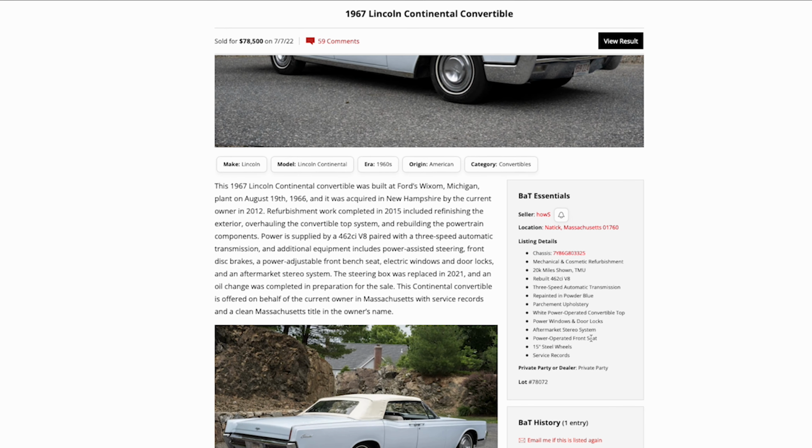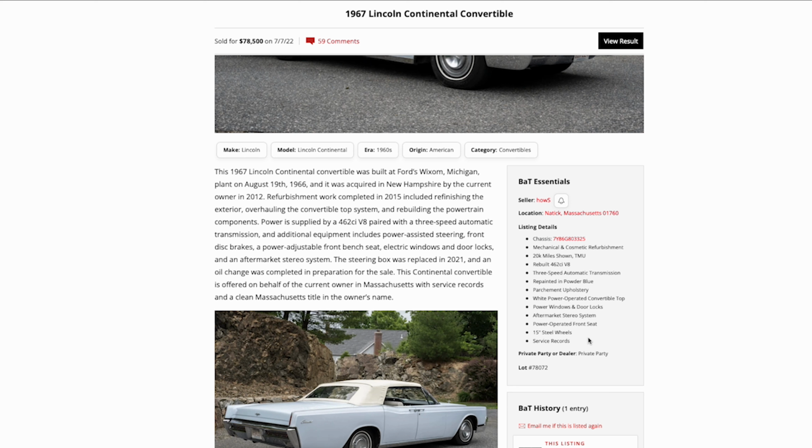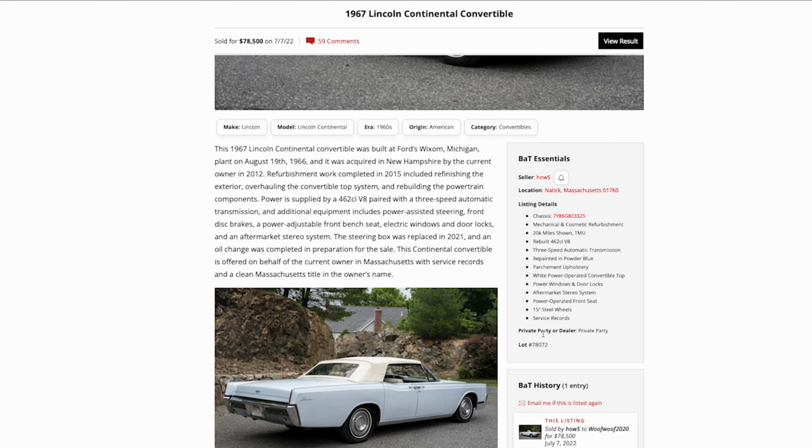So you see the 67 Continental convertible, of course, built at Wixom. They all were in Michigan. Based upon the VIN plate, they break this down. This is why I love Bring a Trailer. August 19th, 66. It was acquired in New Hampshire by the current owner in 2012, so they've had it for 10 years. Refurbishment work completed in 2015, included the exterior, overhauling the convertible top system, and you're going to see so much more,